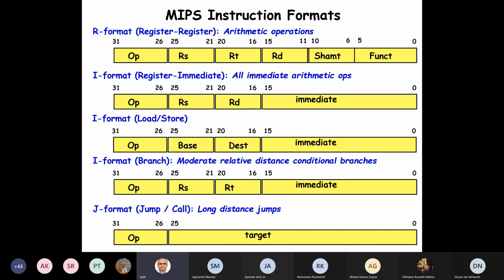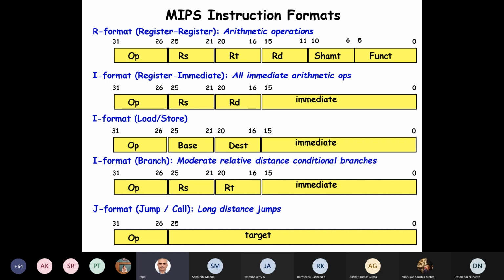Here it's slightly different. See here, the 6 MSBs store the opcode, and the jump address is stored in these 26 bits. And when we actually do the jump, we need to get these 6 bits from the program counter and add them here.